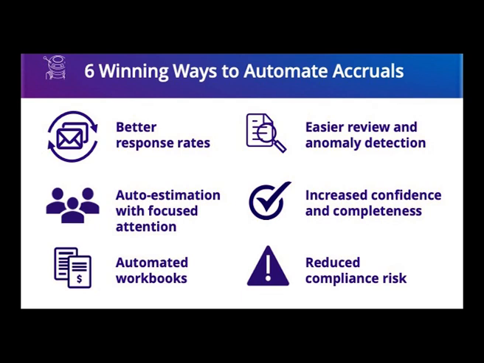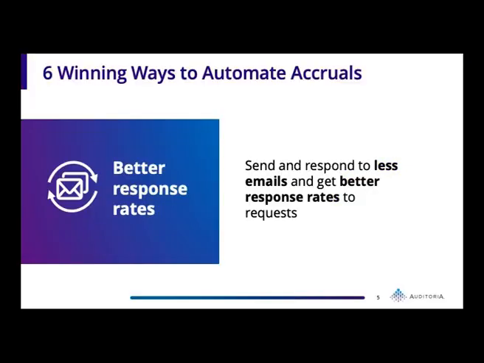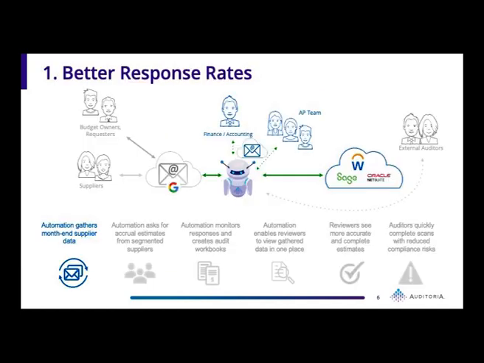So let's start with the first one, better response rates. By sending and responding to fewer emails, you would get better response rates. And this slide here is an overview of what an environment would look like if you were connecting. So imagine you've connected a smart bot to your Gmail box that you're using to reach out to your internal stakeholders and suppliers to get estimates, and you've also connected to your systems of record, whether it's Workday, Oracle, SAP, whatever system that you're using, and you've got different kinds of internal and external stakeholders that might interact with the